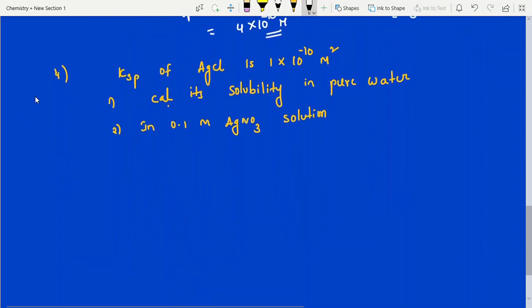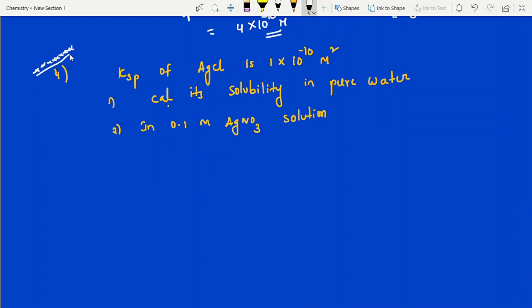Now KSP, this is one of the most confusing parts for students. So here I asked two different questions. The KSP of AgCl is given: AgCl KSP equals 1 into 10 to the power of minus 10. They are asking just the solubility. It's very easy, just now we have done it. This is AB type, no students? AB type, you can calculate.